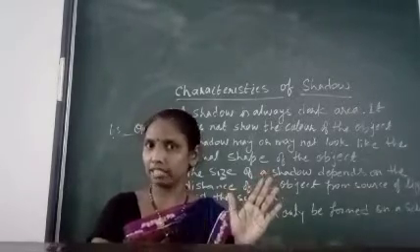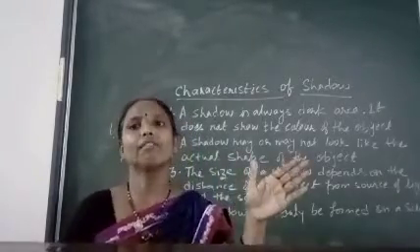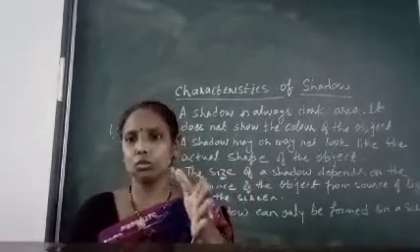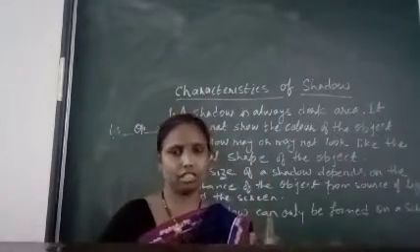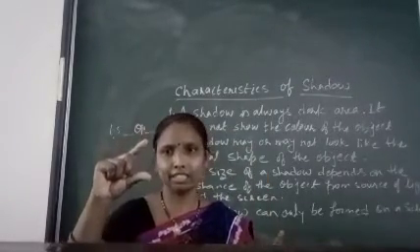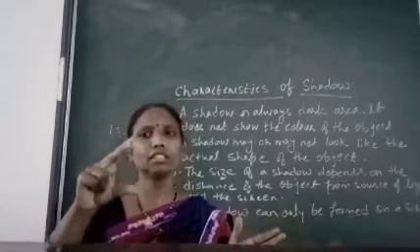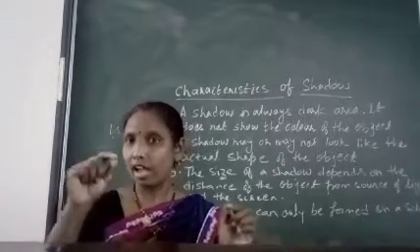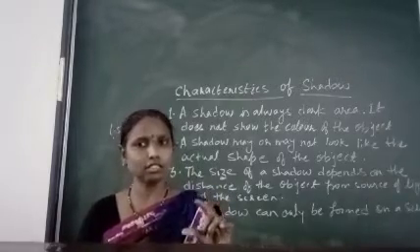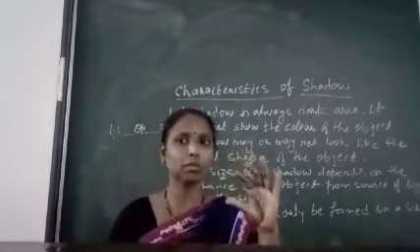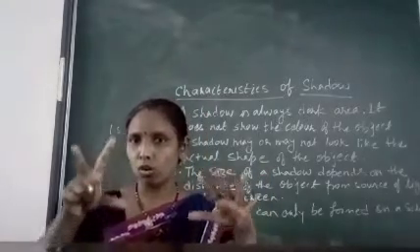Now next, take your opaque object away from the source of light and bring it near to the screen. When you bring it near to the screen, you will see that the shadow decreases. The size of the shadow decreases. It became small, much smaller than before. At the same time, you will notice that the shadow is becoming darker. The blackness of the shadow increases. The shadow looks blacker.